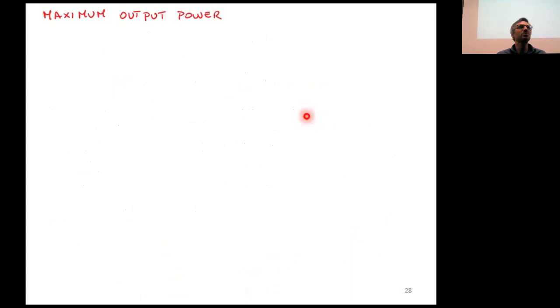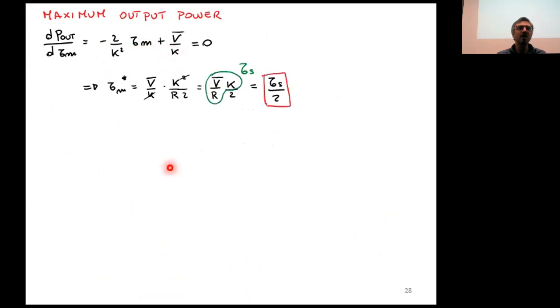How do we find the maximum of a function? The first derivative, and then search for the point equal to 0. Okay, let's do that. So we compute the derivative with respect to tau m, we set it to 0, and then we compute the value of tau m